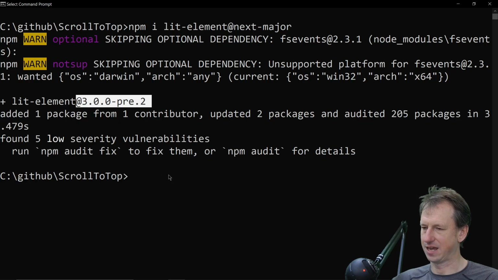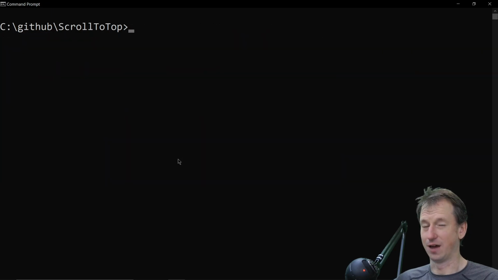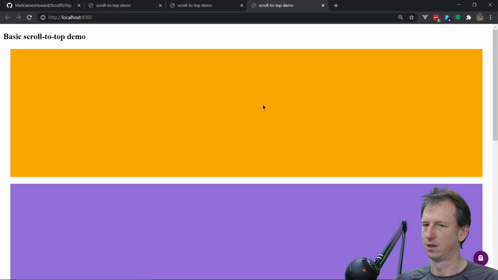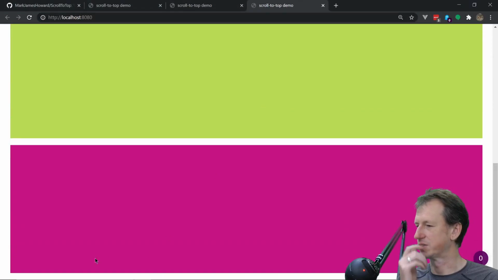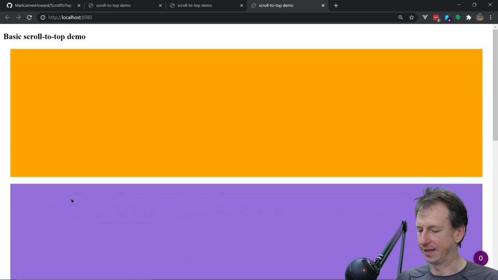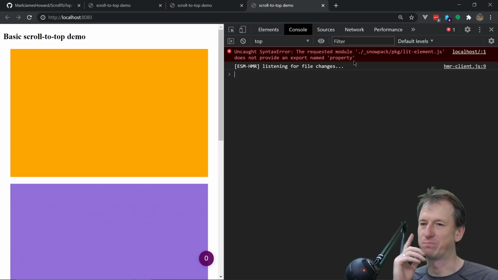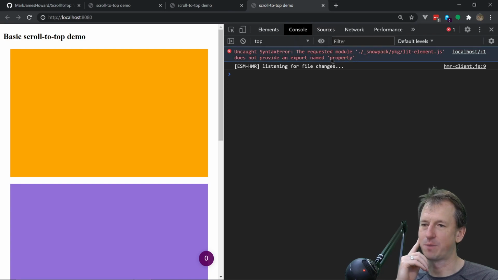Right, I think there is, well, I've read there is a breaking change. So let's just check that it has broken it. So if we do an npx snowpack dev, and I scroll down, so it's no longer appearing, and right, yeah, we're definitely getting a problem with the property,